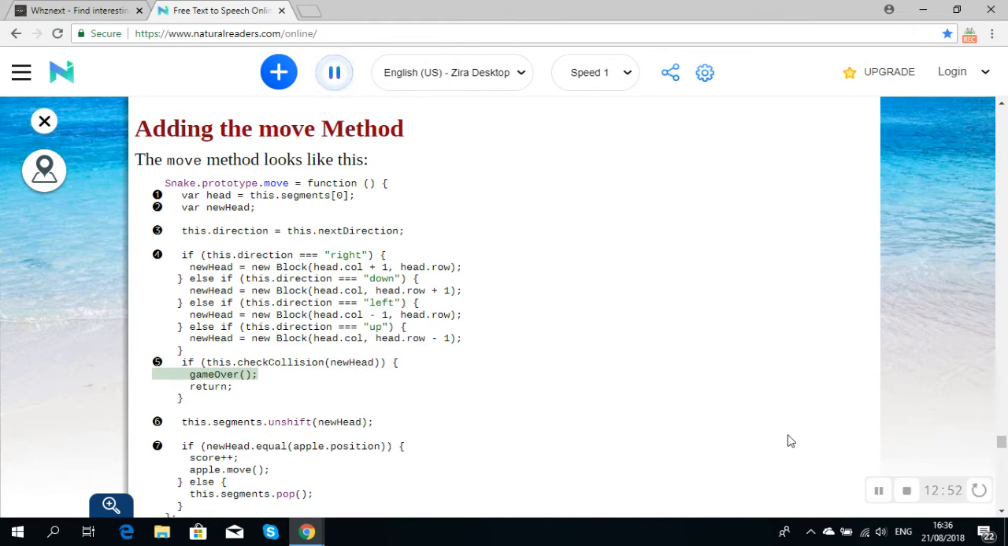If this.checkCollision(newHead), gameOver(); return; } this.segments.unshift(newHead); if (newHead.equal(apple.position)) { score++; apple.move(); } else { this.segments.pop(); }